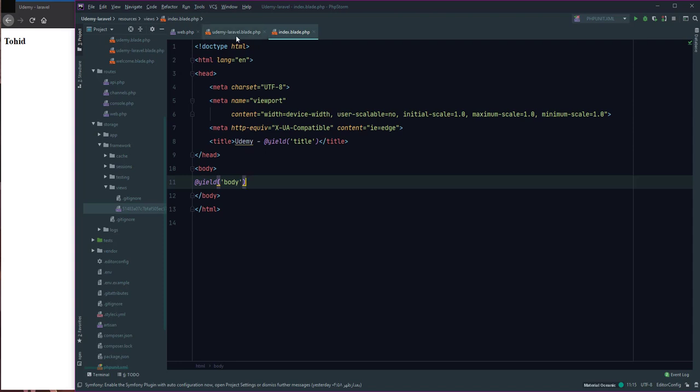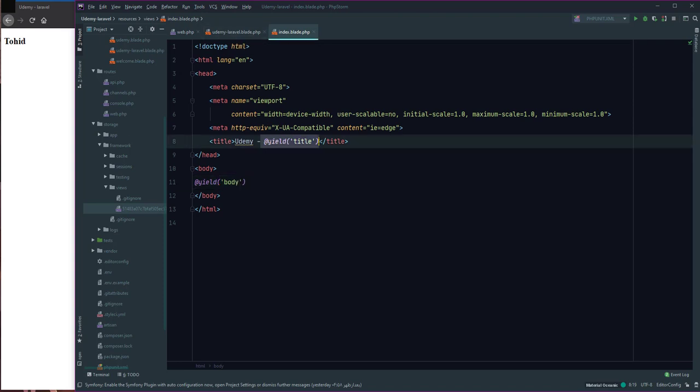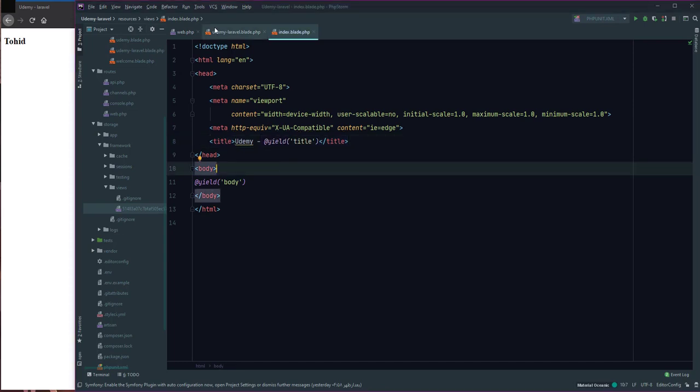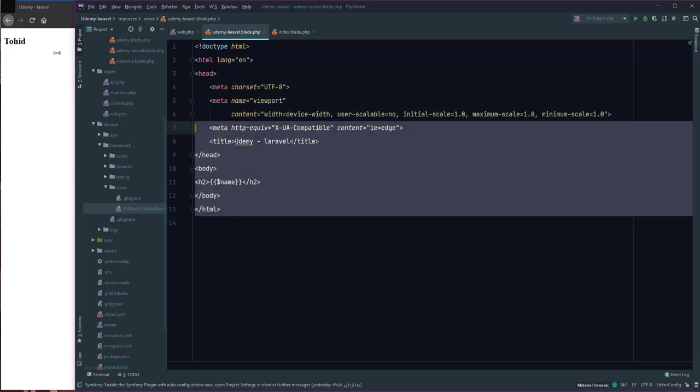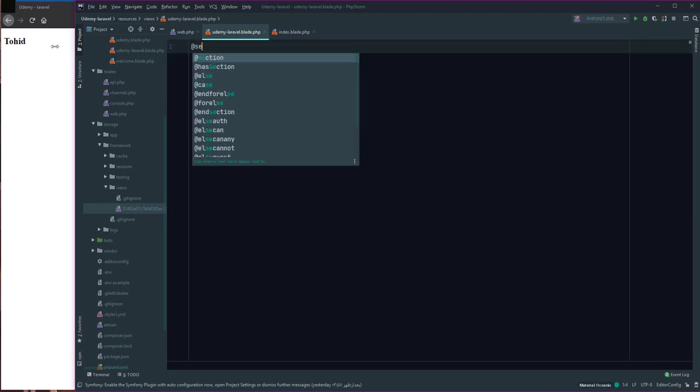Okay, I can use this yield and yield. As you can see, this file contains typical HTML markup. However, take note of the section and yield directives. The section directive